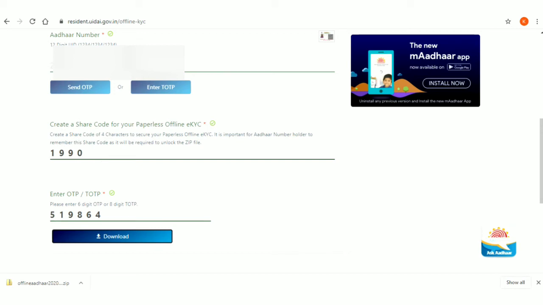This zip file will contain a specific XML, which can be opened if you provide that specific share code, and that XML will have a specific encrypted code which will be used as a KYC for your registered details. So this is the purpose of using offline KYC. And if you note, we have not shared our Aadhaar number with the service provider. Instead, we are sharing the zip file and the share code. They can use this as a KYC, and that will be linked to our Aadhaar services.